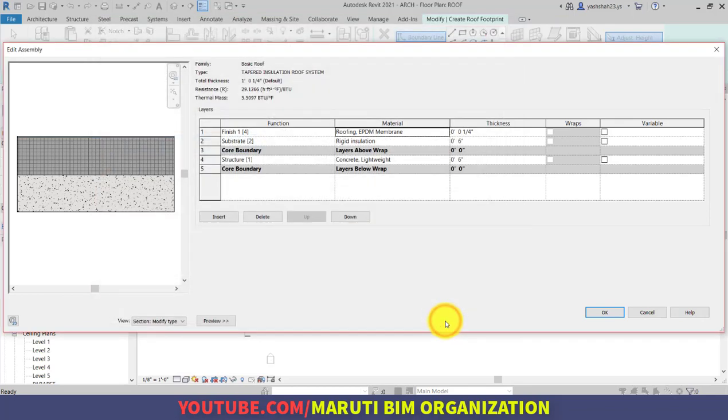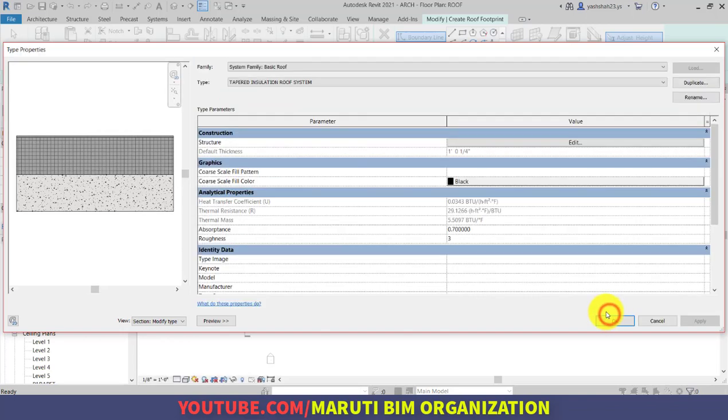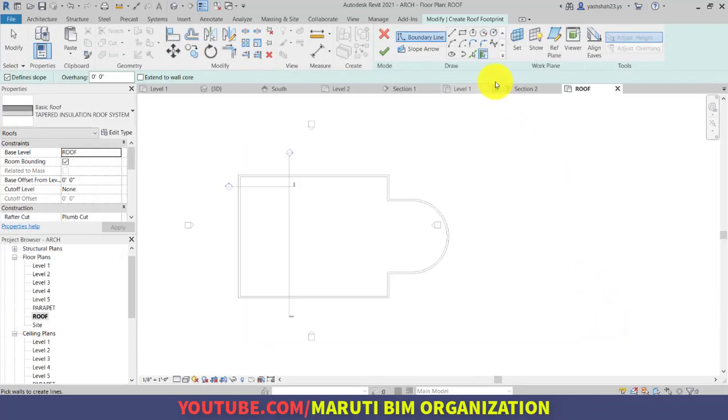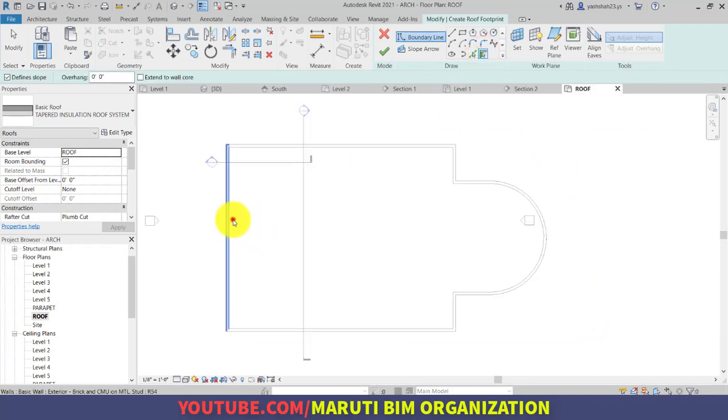Okay. Now, very important, in the substrate layer, in the rigid insulation, make sure the variable option is turned on. What this variable option is, we will see later. And now, simply click on OK. Again, click on OK. And now we will use pick wall and pick all the inner face of the wall.